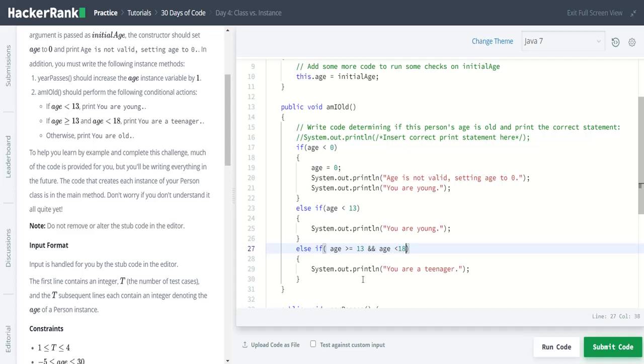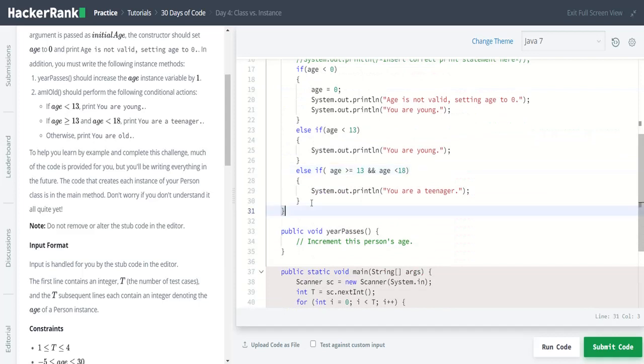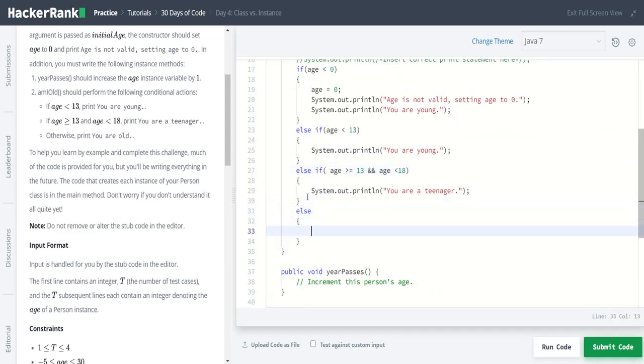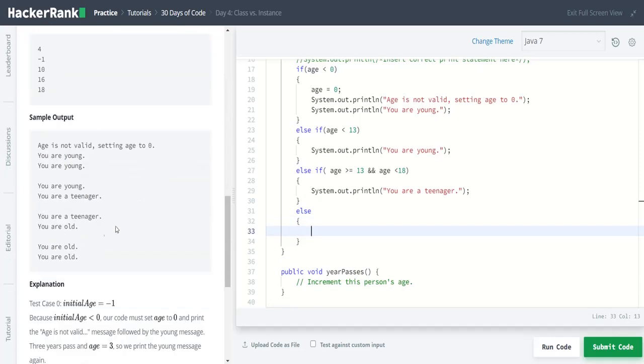So this is a teenager, and the else part is here, that is print you are old, as you can see here. Let's just copy this one and paste it here, and inside the parentheses let's copy you are old and paste it here, ending with a semicolon.